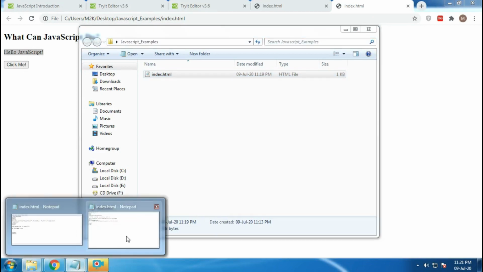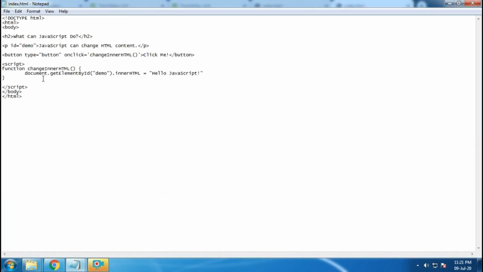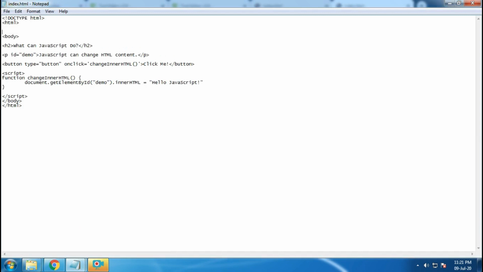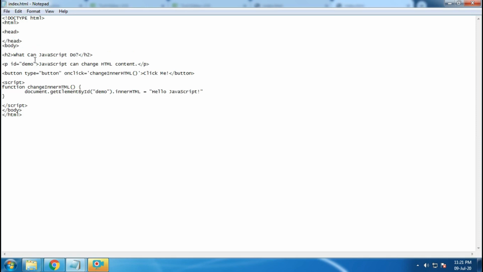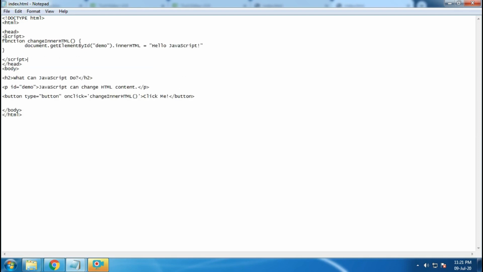Now there are other ways as well to include the script. One common way people use to include JavaScript is in the head tag. In any HTML, after the html tag there is one head tag where you can also include this. So I'm going to just press Ctrl+X and paste it here. Ctrl+S, and it should still work.